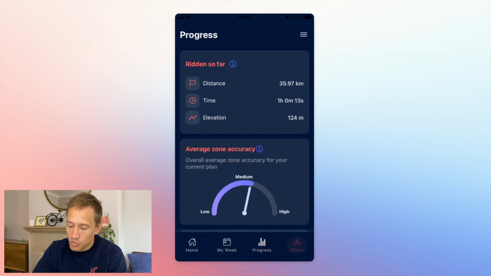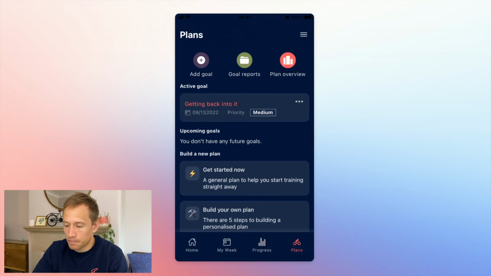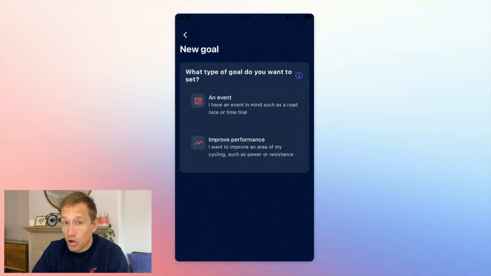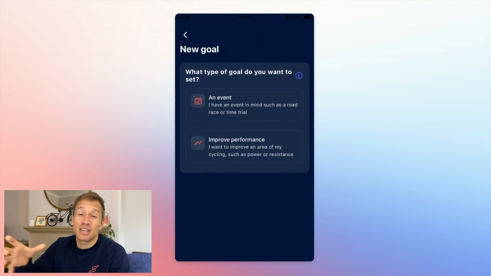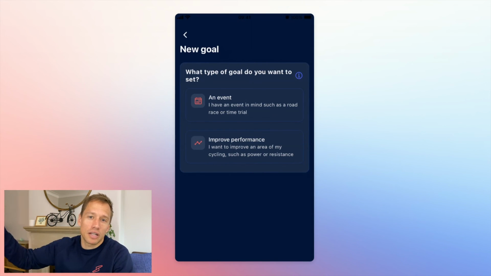And then the last one is plans. So plans here is where, if you don't like the plan, you want to rebuild your plan from scratch, which is all good, but you can also add your goal. Things come up, new goals come up, so you can simply add that in and then build almost like a season builder. So you may have your Alpine Sportif in May, you may have a crit in July,